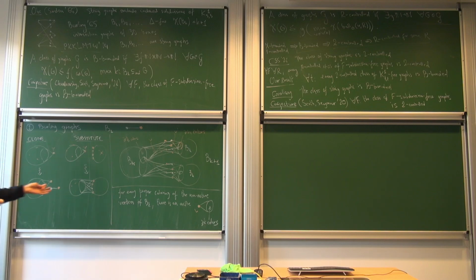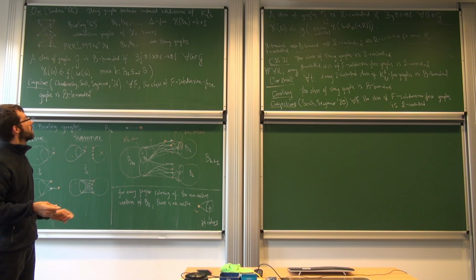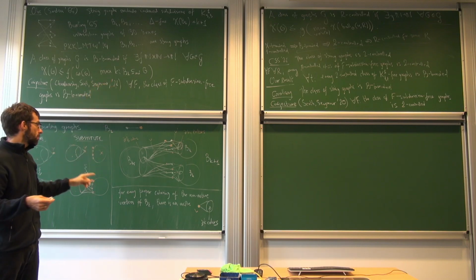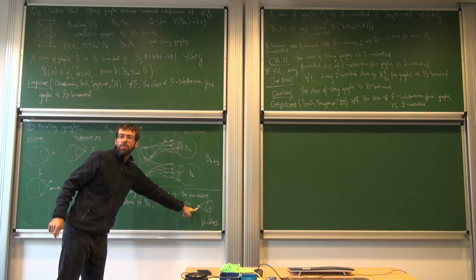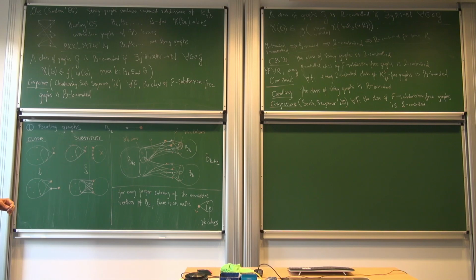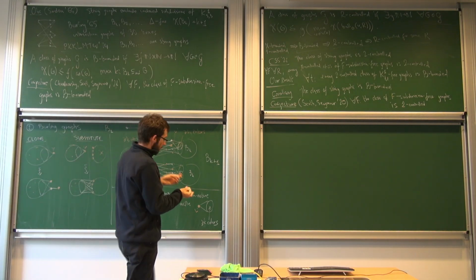Yes, so that property in particular implies that the chromatic number of BK is at least K plus 1, because in a proper coloring we also have a color for V, which is different from these K colors. And for the fact that it's at most K plus 1, you can just follow the construction and color the vertices in the most straightforward way. And K plus 1 colors will suffice. Okay, so this is the construction of the sequence.